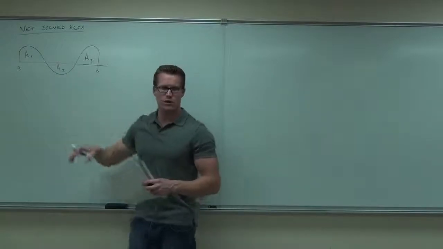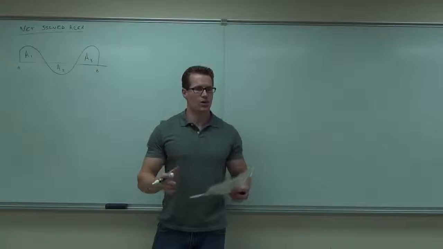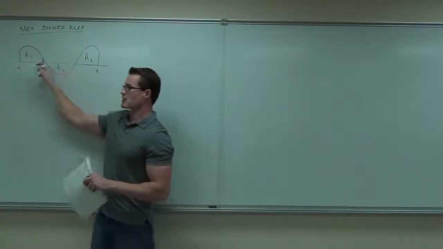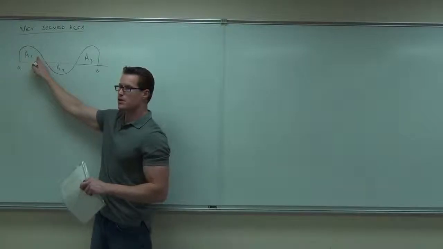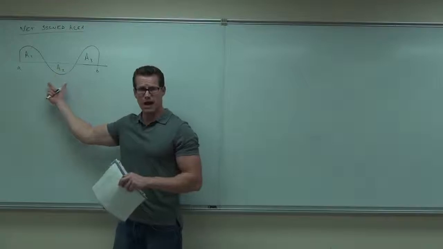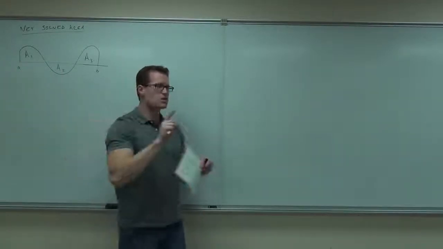Now, in order to figure out total area, I'm going to show you how to do that in a couple more lessons. But right now, just know that when we're calculating area from one point to another, it is including this as being positive, this as being positive, and this it would count as a negative area. It would subtract from the 2 positive areas. Are you following me on that? So the area you get